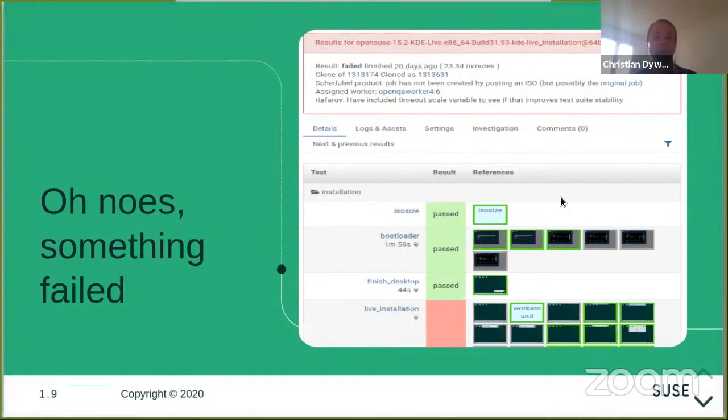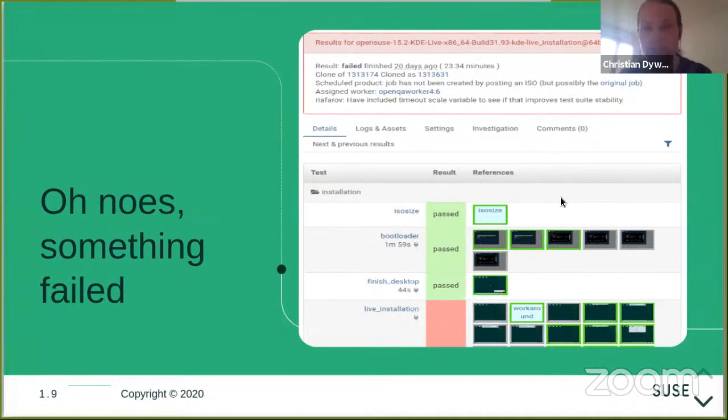But let's see. I found another test, and that doesn't look as great, apparently. You might notice there's a bit more stuff in the description of the test. And it says, for example, the result failed, and it says it's finished 20 days ago.